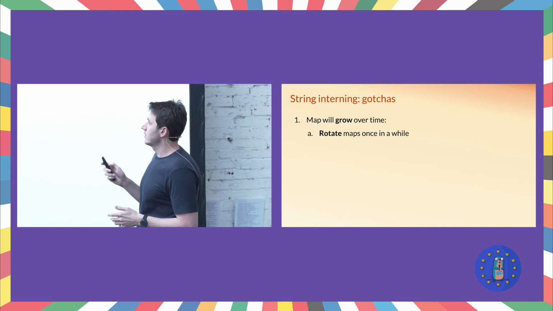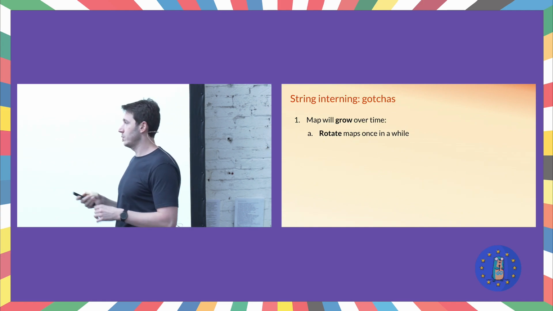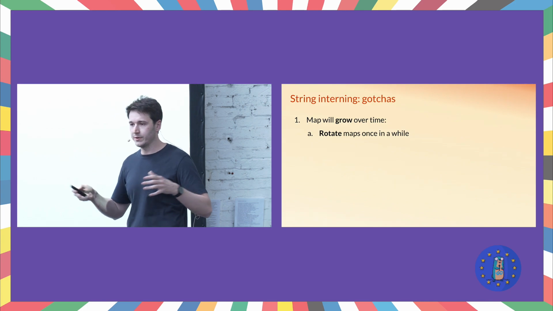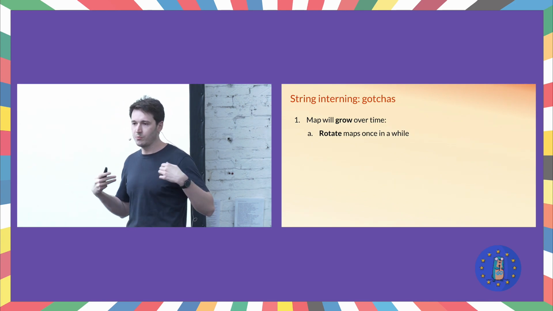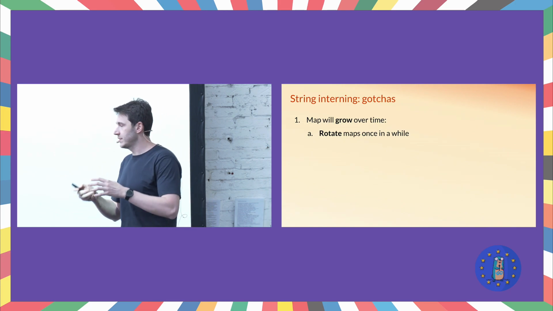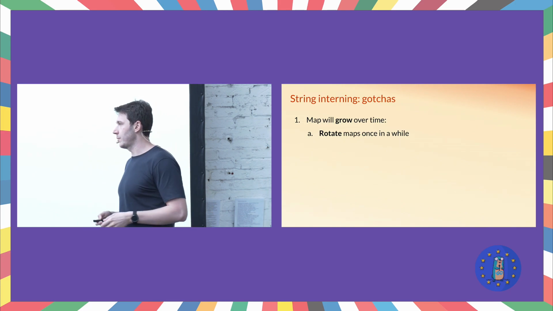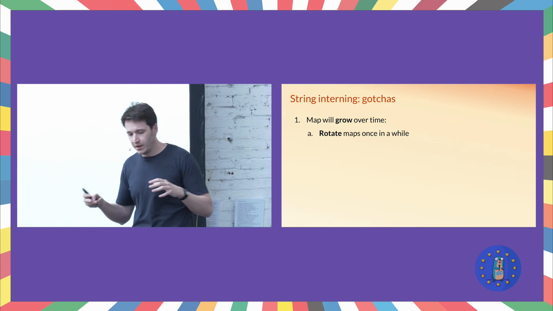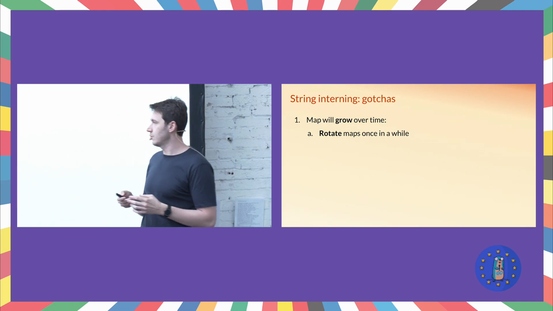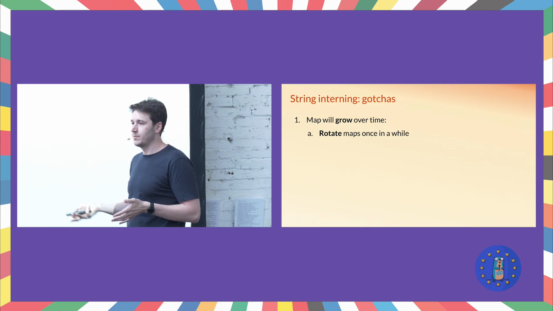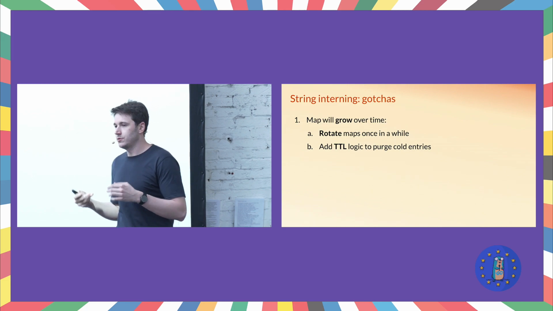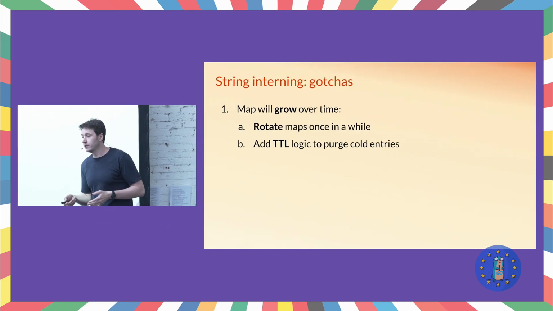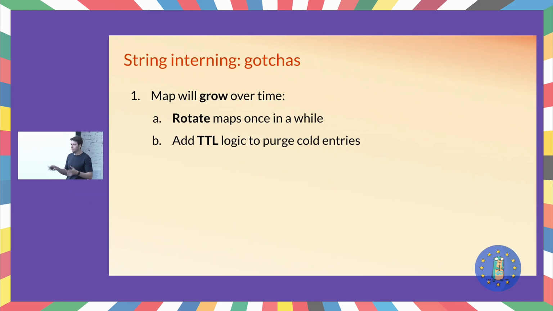Okay, what are the gotchas with having this map? Like with any cache, this map will grow over time because your data isn't static. Data is changing all the time. You will have more and more keys all the time, and this map will grow and grow, consuming more and more memory. So you need to come up with an idea how to control the memory usage. So probably you want to rotate this map once in a while, replacing it with a blank one. Or maybe you want to introduce something more complex, like time-to-live logic,